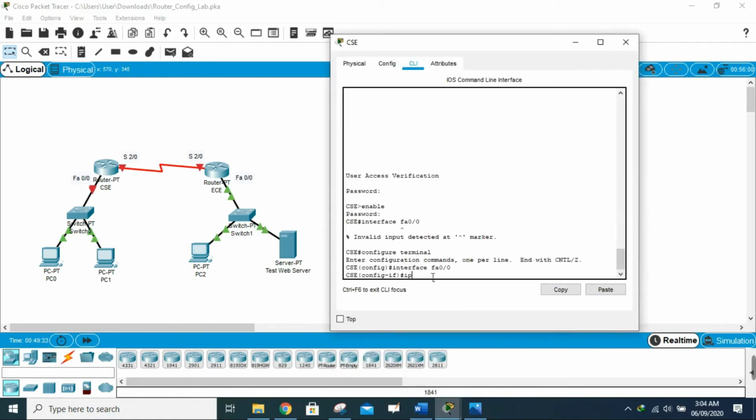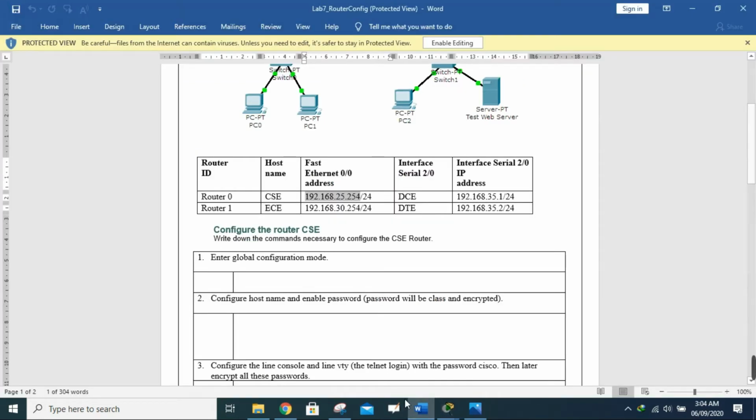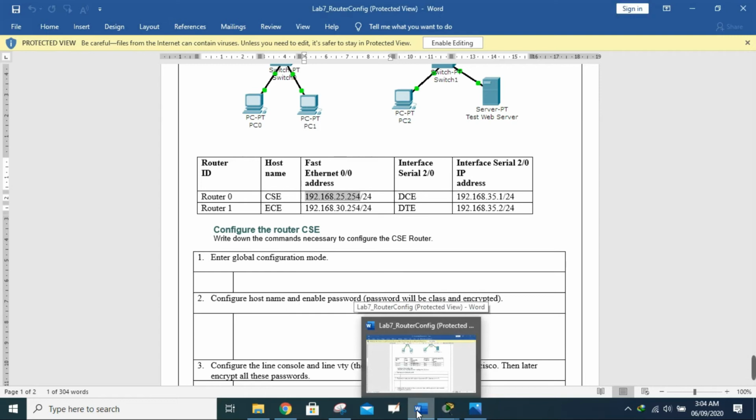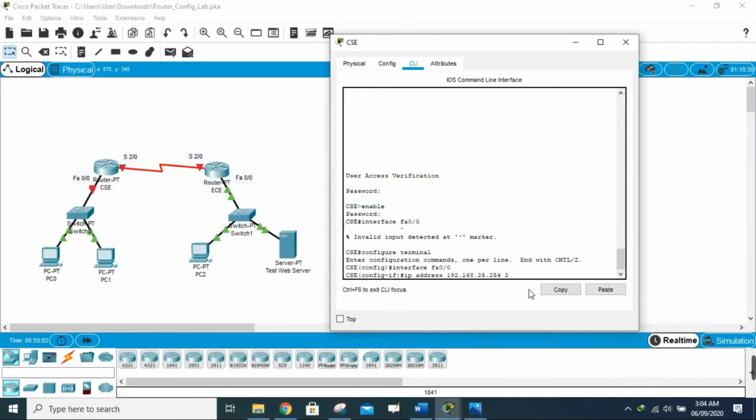Okay, so this is the way to write the IP addresses. IP address, then I'll write the IP address given in the table. So 192.168.25.254. Okay, and I will also write the subnet mask. The slash notation was given as /24. So if you can calculate, then you will see that the subnet mask will be